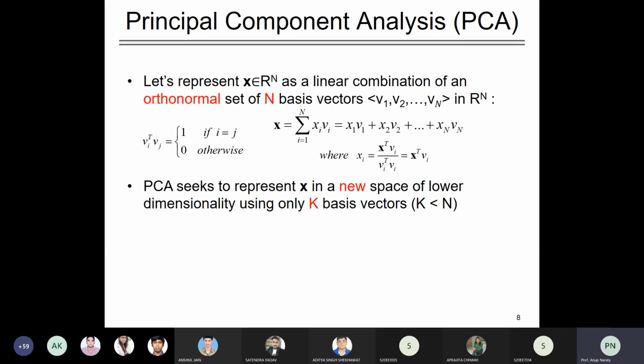The n basis vectors are there in the original space, but whenever you project this data into a new space, the number of basis vectors you have is k, where k is less than n. Then you will have x hat. Now you are just projecting the data into a lower dimensional space, that is, the dimension is k. x hat is equal to the sum from i equal to 1 to k of yi into ui. So now you have y1 u1 plus y2 u2 plus yk uk. We are just changing the notation of the basis vectors. In the original it was v, and in the k-dimensional space you will have u.